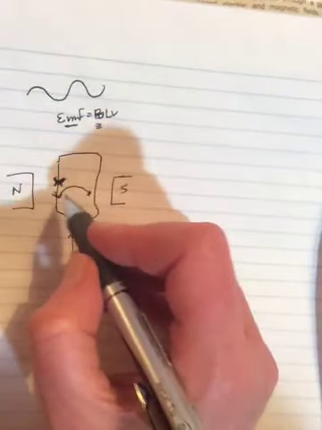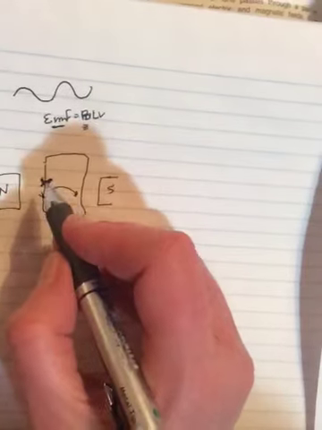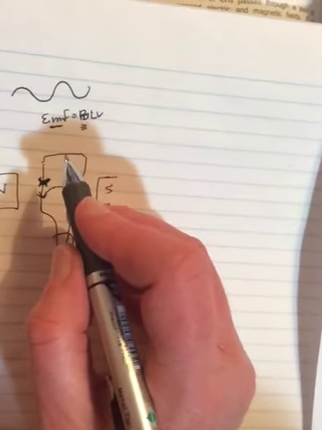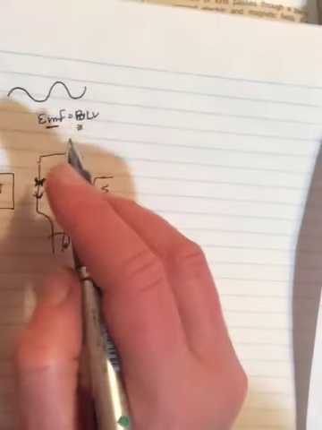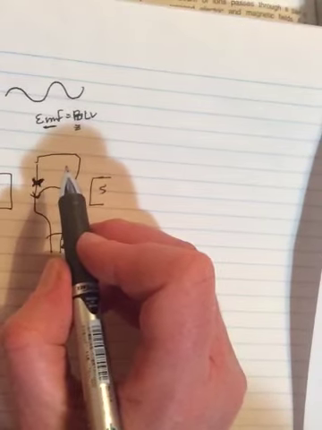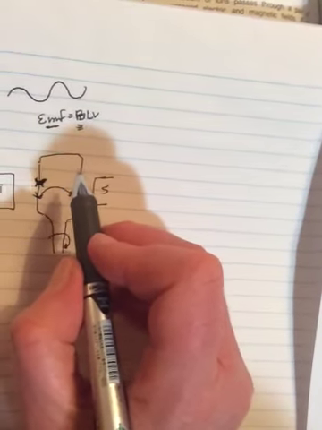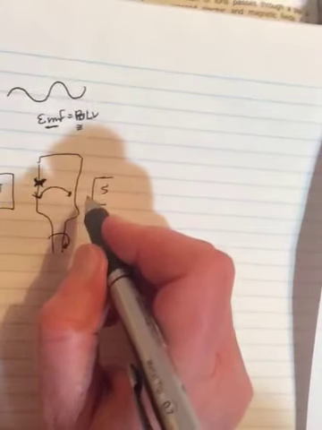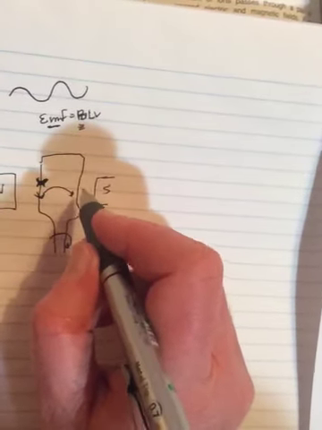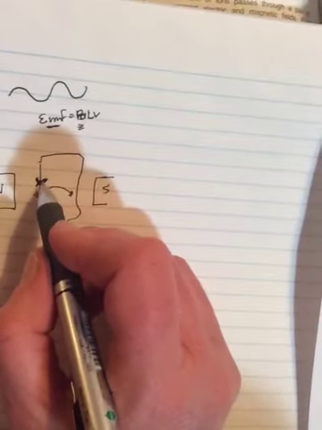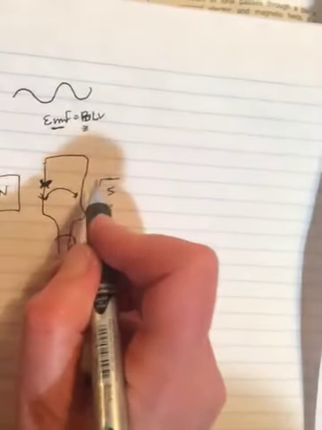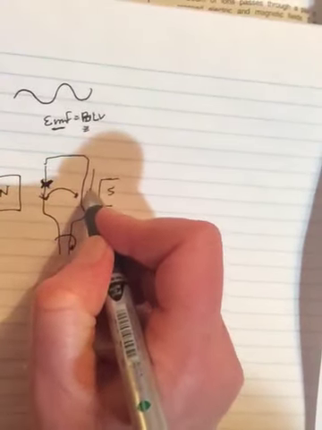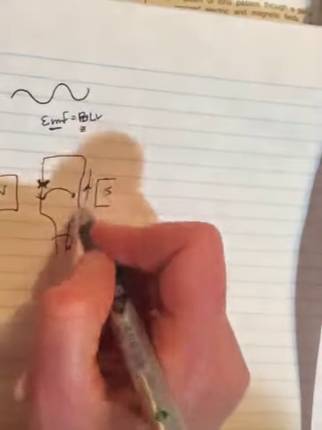But as it comes up and the field gets weaker, the B is getting smaller, so the amount of induced current will get weaker. Okay? When it hits the highest point up here, it's going to stop, so there'll be no movement, there'll be no change in field, there'll be no EMF induced. But now it's going to start back down the other side. And as it starts back down the other side, now my thumb has to point into the page. And if my thumb points into the page, and it's this part of the wire that's now over here, because this part has gone around the bottom and it's now on the other side. So this part of the wire is now on this side,